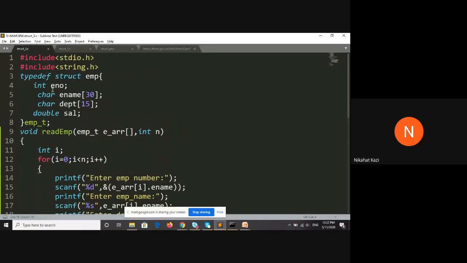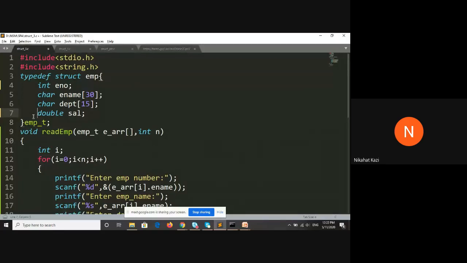So this is our employee structure that we have created. Based on whatever is given in the question, we have created this employee structure. So you have the employee number, which is an int. It could be an array of characters as well, depending on how your employee number is. If it is simply an integer, then you can use int.